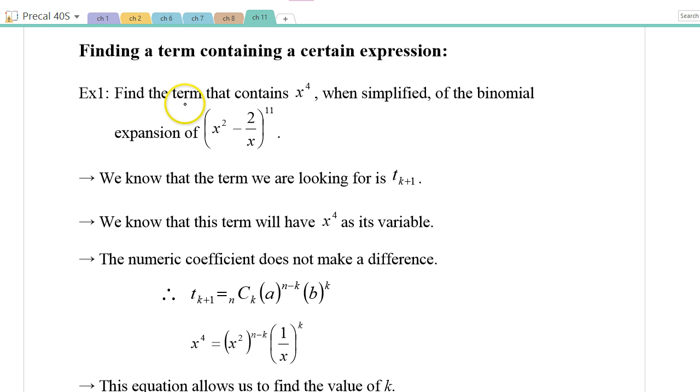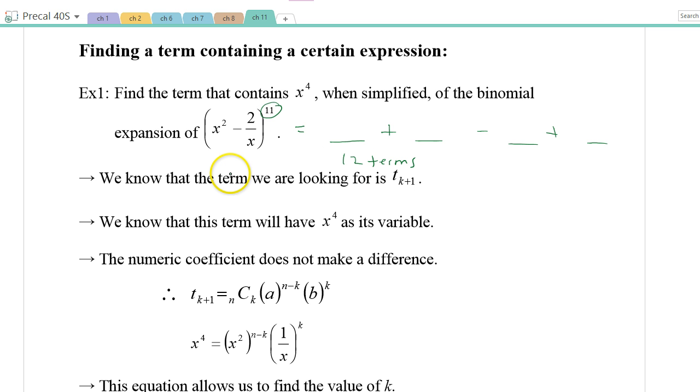Here's one. It says, find the term that contains x to the fourth when simplified of the binomial expansion of x squared minus 2 over x, to the 11th power. Okay, well, if we were to expand this out, the first thing is we would get like 12 terms,